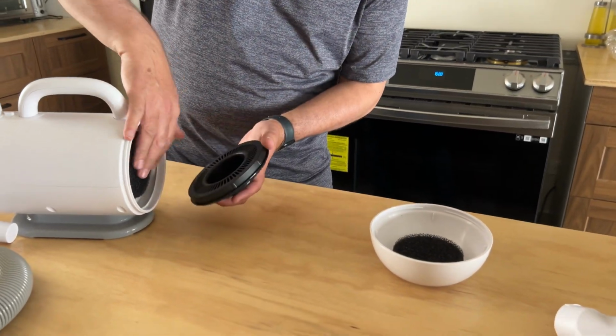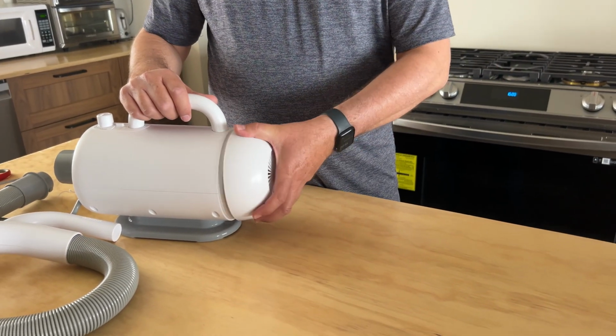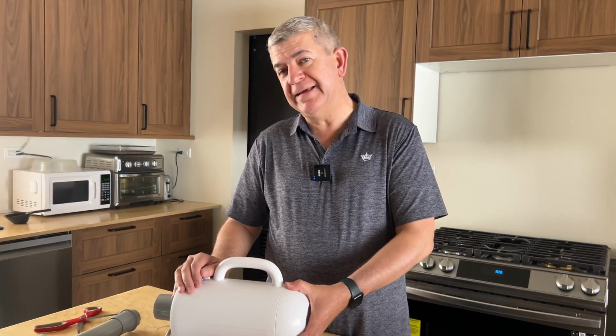whenever you have used it for a little while, and you want to have it really clean without debris, okay? So, really nice accessory, really useful, really easy to clean,